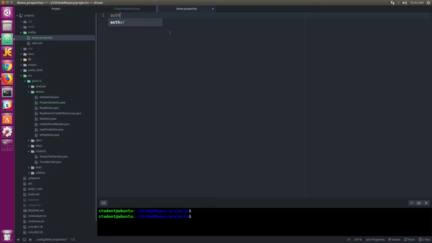And I'm going to go ahead and add just a few key value pairs. So we'll have an author, since that's something that we know we're going to need at some point, and this will provide a good example for that. So author, we'll put my name in there, and then we'll add in, let's do email address as well. And we can use dot notation here to separate things out, and that tends to be, as we saw in the example, how properties are very often defined. So email.address,